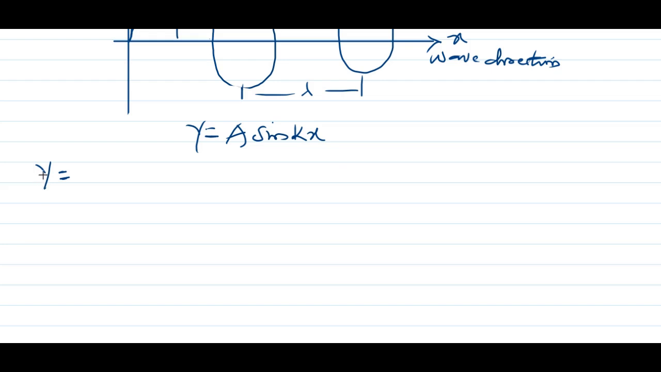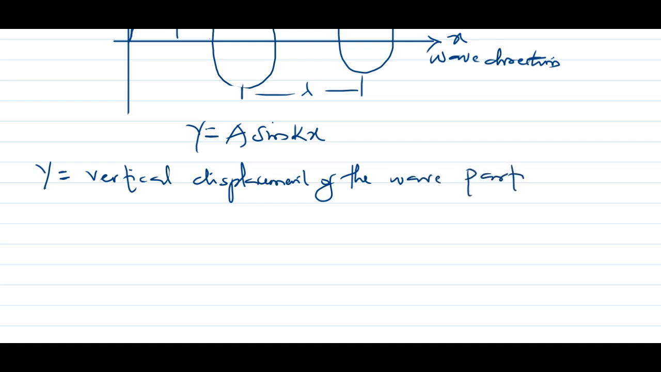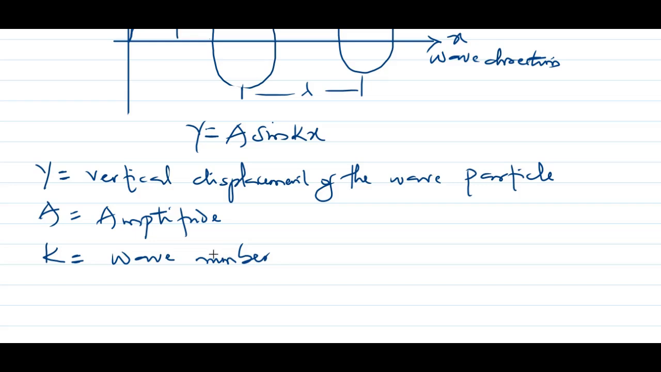where y is the vertical displacement of the oscillating wave particle, A is the amplitude, K is the wave number, and x is the horizontal coordinate from the origin of the oscillating wave particle or the wave motion,